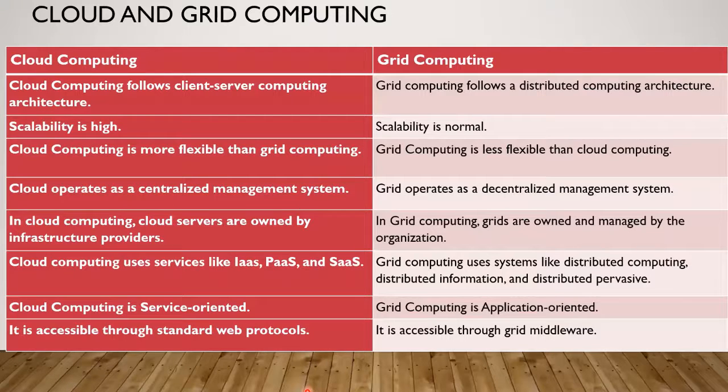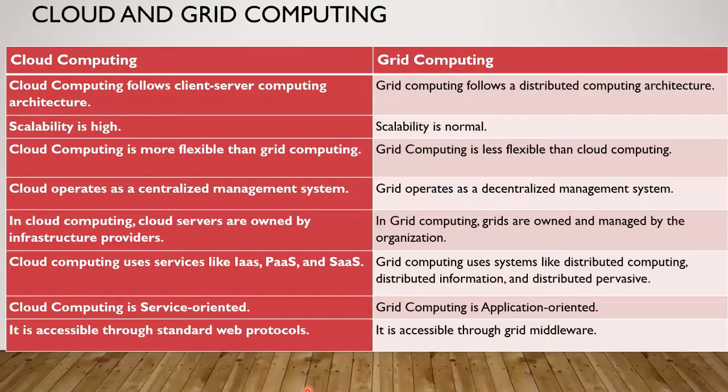So grid computing is not totally dependent on the internet. It's dependent more on a network rather than the internet. So the network could just be a local area network that pulls all the resources on all those high performance computers together for them to be able to solve a particular problem. Okay,